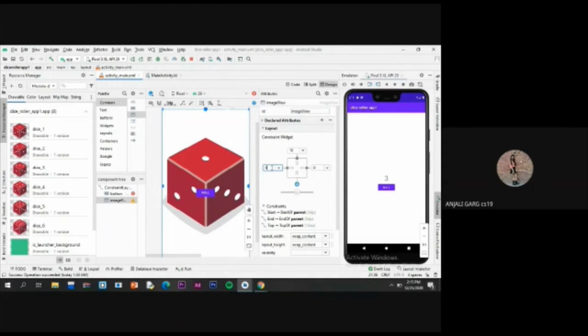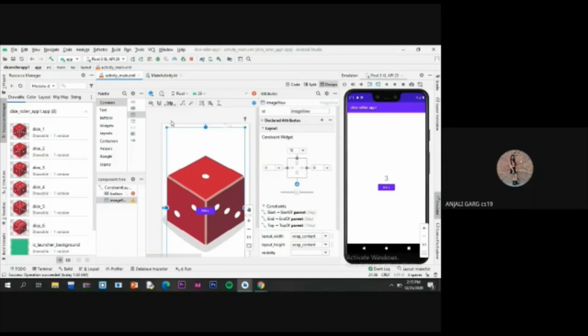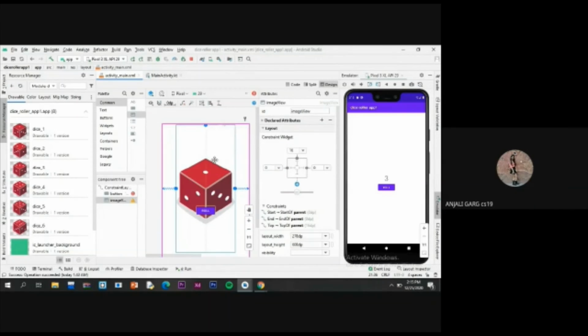Now I am feeling like the size is really big. Let me decrease it. Let's see what happens. You can adjust it by yourself also.